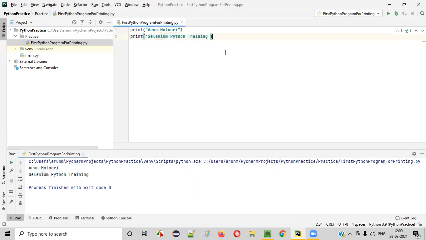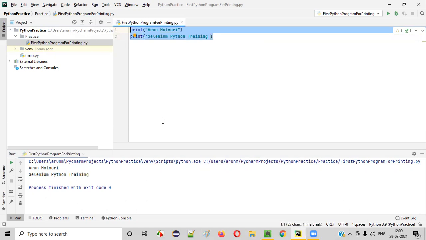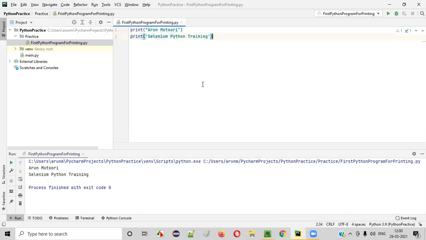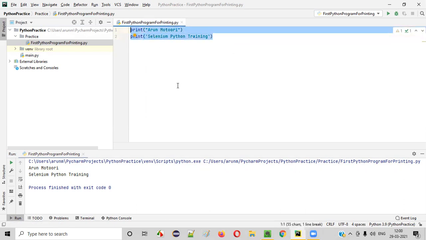So hope guys you understood how to use the print statement in Python for printing the required text into the output. I'll explain more about this print in the coming sessions, guys. This is just a first program, just the beginning, guys. I don't want to explain more in the first session itself. So in the upcoming sessions of this Python programming series, you will learn a lot of things. This is just a getting started thing.